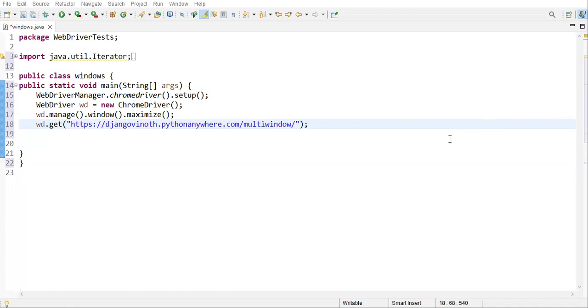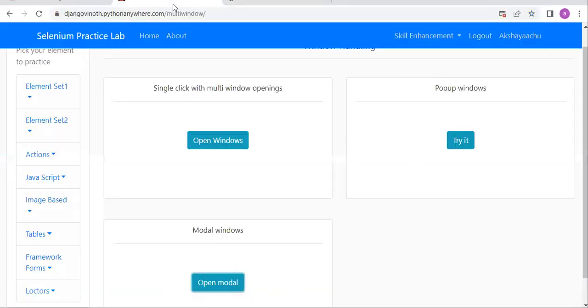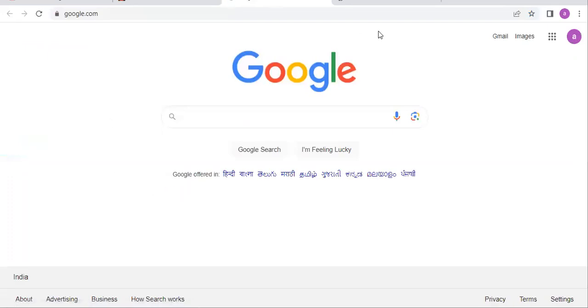Today's video we are going to discuss how to handle the windows. So let's go to my practice website. Here we have three types of windows. Once I click here, we will be switched to another window. A new window will be opened,